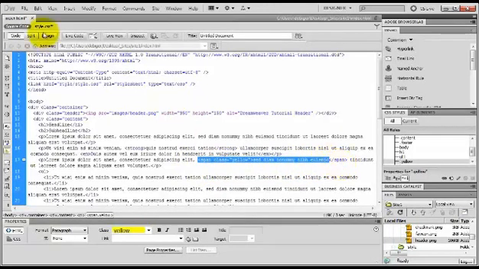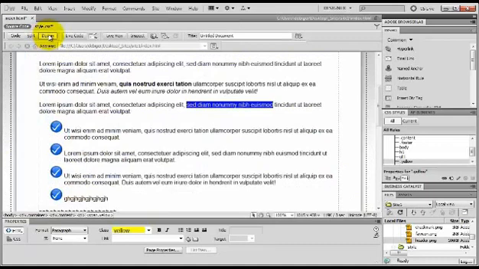I open up my order page, and I change the headline to order, whatever. I go to code view, and I change the title to order as well. Don't forget to change the description and keywords here in the code. I switch back to design view, and I go back to my index page, and now I'm going to link